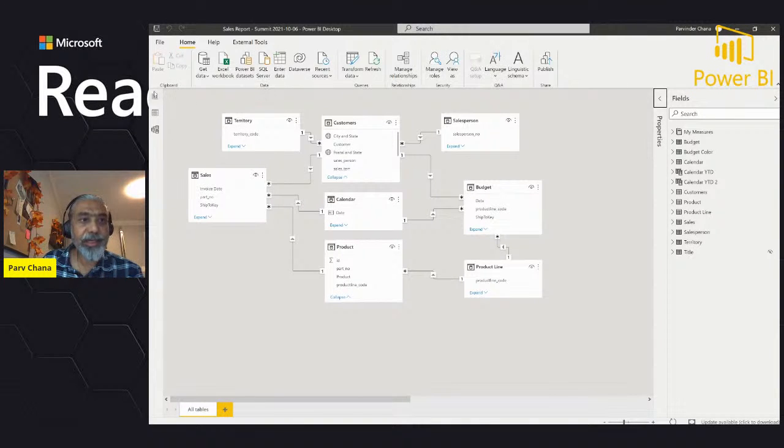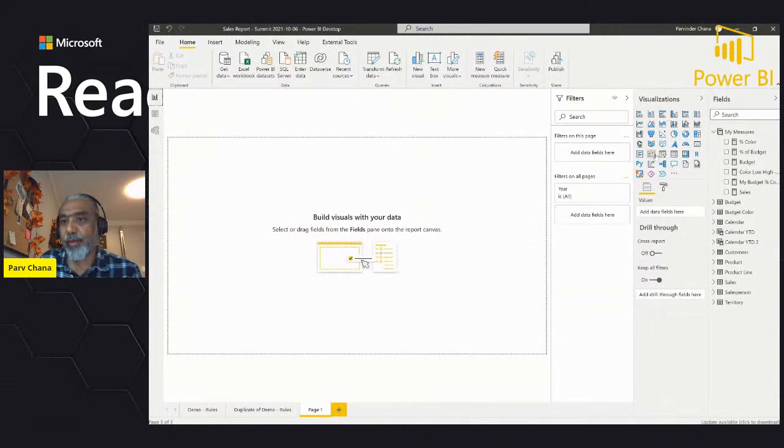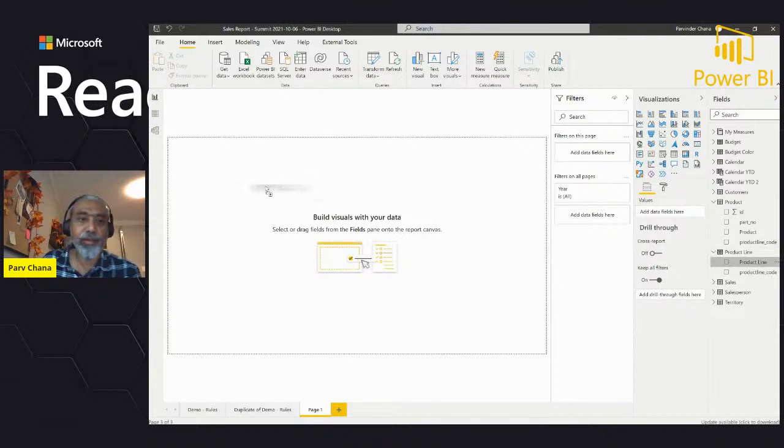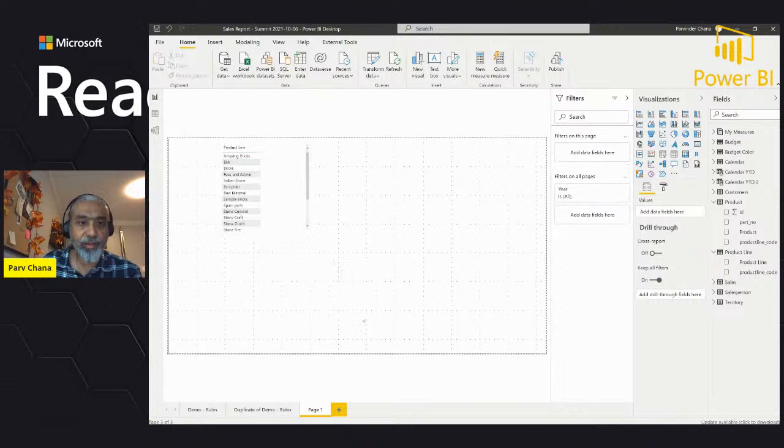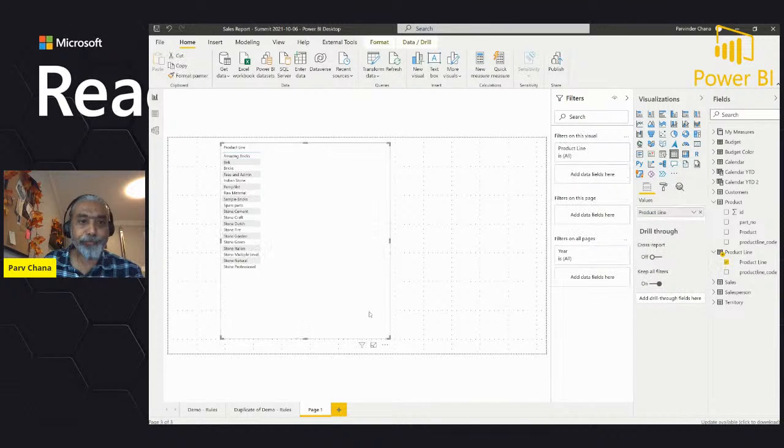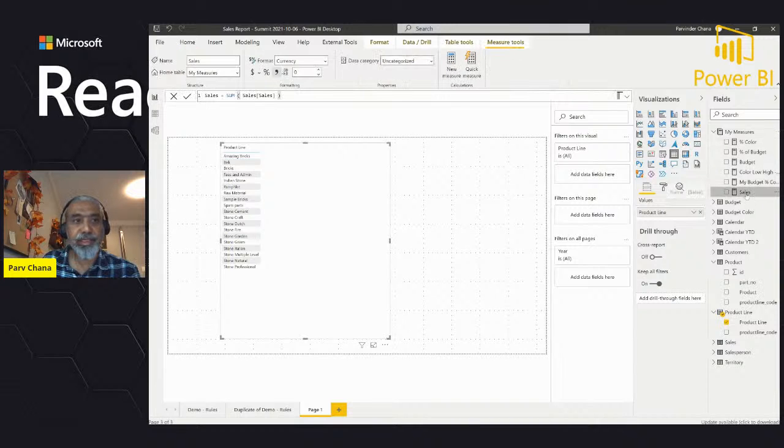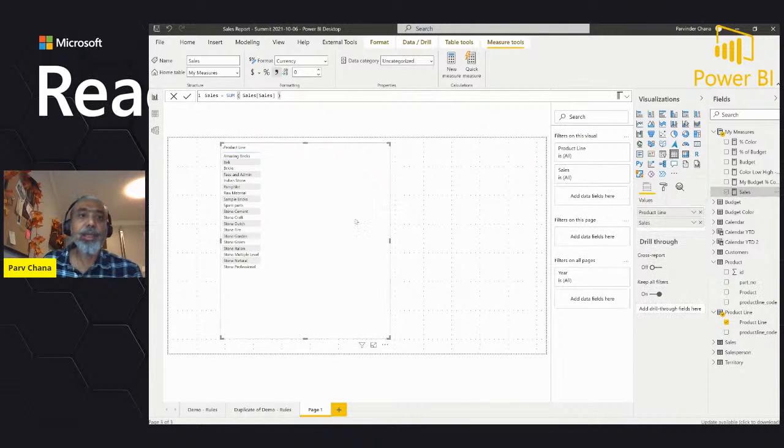And let's say if I want to see sales by products, what I'm doing is I'm going to take my product line, and then I have a measure which is very simple. It's called sales, which is the simplest sum of sales.